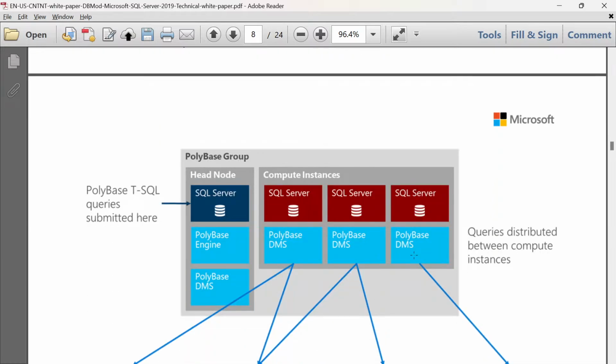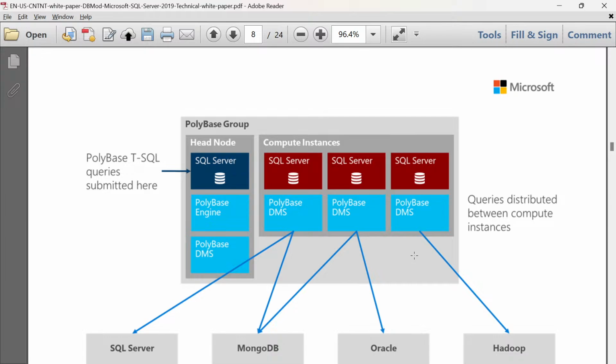Here, the T-SQL queries based on Polybase. So we have the Polybase groups as SQL Server. Beginning with entering into the SQL Server, we have the Polybase engine, and then the Polybase data management store, or the DBMS, as a common term we can say.